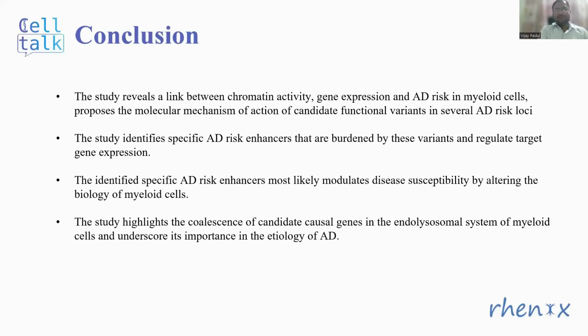Conclusion: the study reveals a link between chromatin activity, gene expression, and Alzheimer's disease risk in myeloid cells and proposes the molecular mechanism of action of candidate functional variants in several Alzheimer's disease risk loci. The study identifies specific Alzheimer's disease risk enhancers that are burdened by these variants and regulate target gene expression. These enhancers most likely modulate disease susceptibility by altering the biology of the myeloid cells. The study highlights the coalescence of candidate causal genes in the endolysosomal system of myeloid cells and underscores its importance in